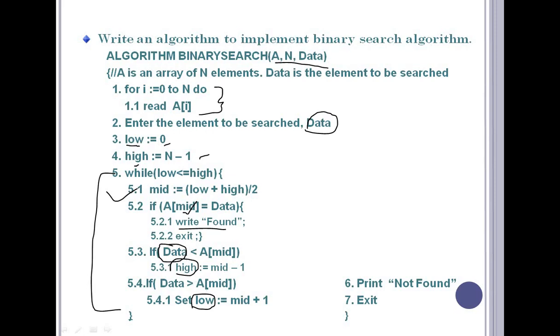When I want to consider the first half, I will initialize high with mid minus 1. When my data is greater, it means I have to discard the first half and consider only the second half, so at that time I will initialize only the low with mid plus 1. So I will continue until my low is greater than